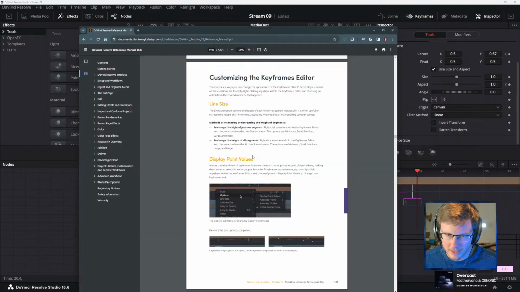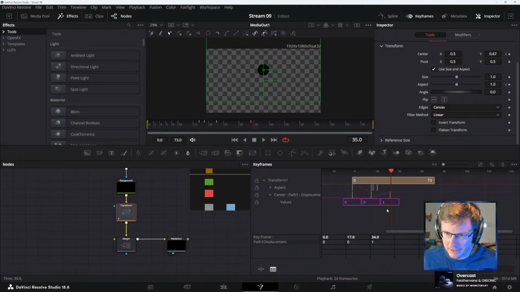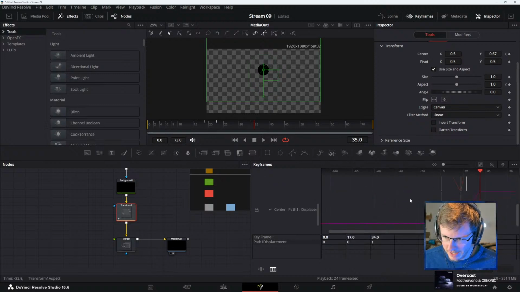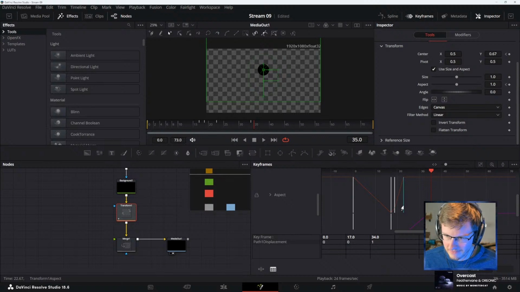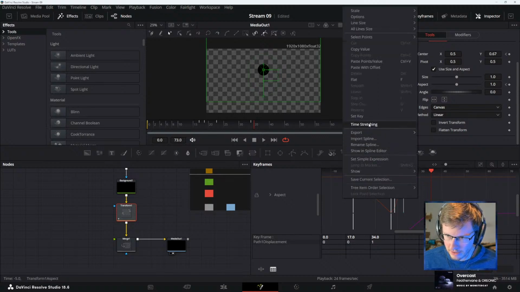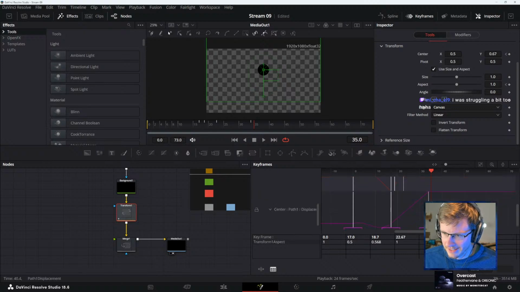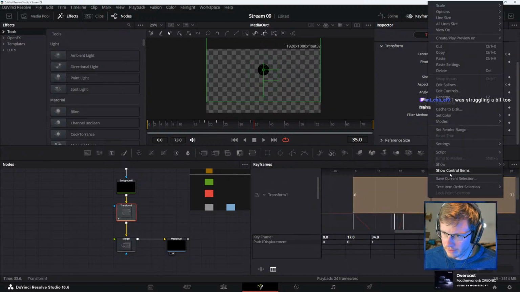Okay, we re-center. What was the point of this? We wanted to see line sizes. We wanted to check that line sizes could be resized for easier viewing. So we successfully just did that. Okay, great. That is way too large. Let's see. Probably a line size of like... Bruh.